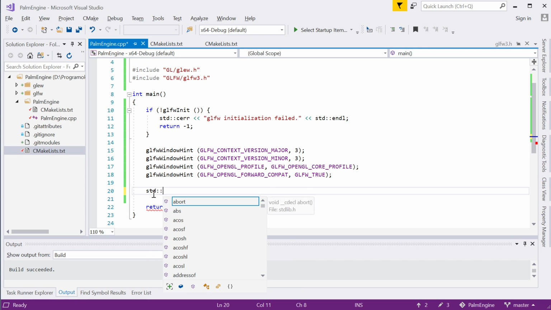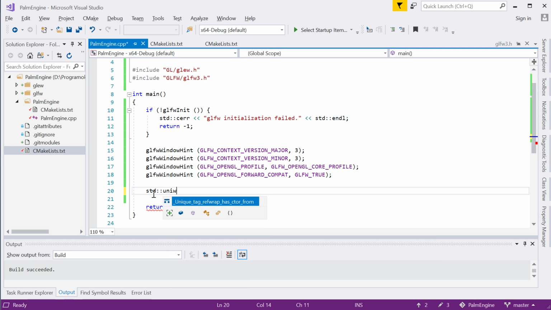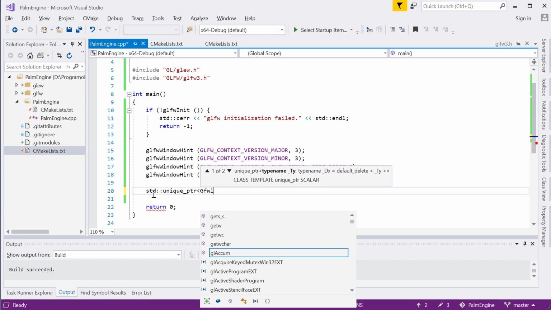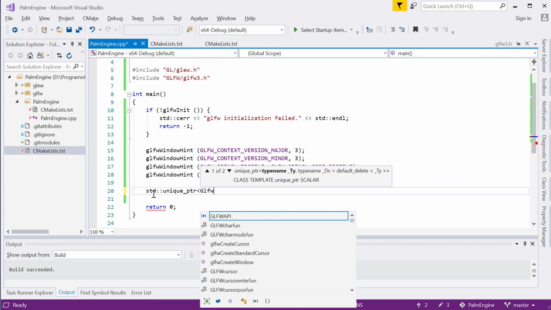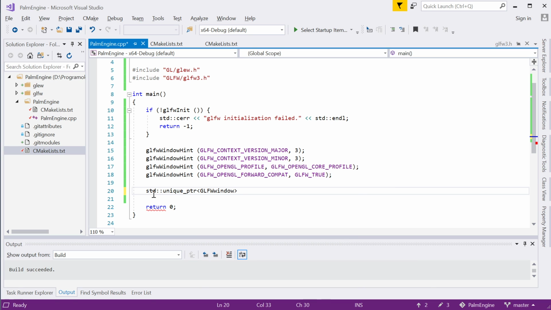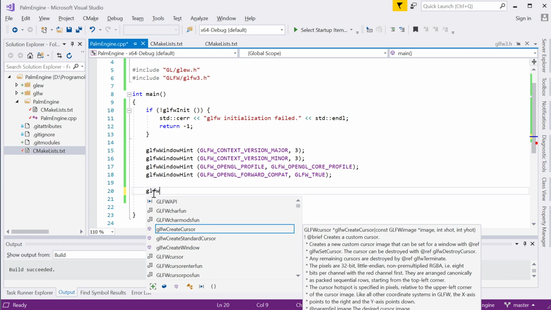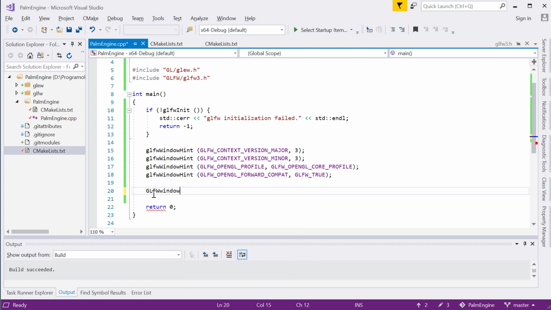I also tried a lot of times to create not a raw pointer, but to use the std unique pointers, and GLFW window. Unfortunately, I just didn't quite understand why it wouldn't work, so I'm just sticking to the raw pointer for now. Maybe in a later stream I will figure out how to use the smart pointer for this special type. But for now, I'm just gonna go ahead and create the GLFW window pointer,